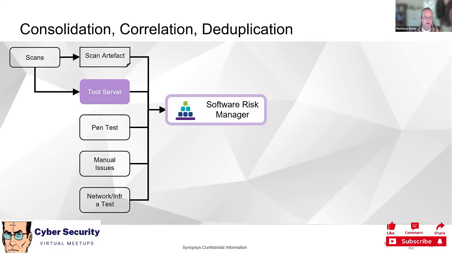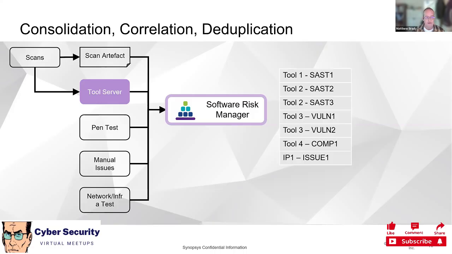And clearly, you can also add in data from pen testing by import, manual issues, which you can create either by API or manual GUI, and network infrastructure testing, and many more, container testing, threat modeling, anything that you want in terms of issues which need to be remediated and added to a project. And the output is that you then create a project, a hierarchy of projects. We'll talk about that in a minute, automatically in Software Risk Manager, and then you'll get a whole bunch of